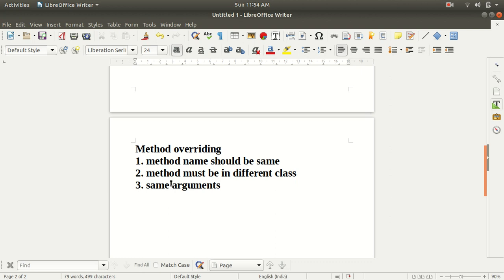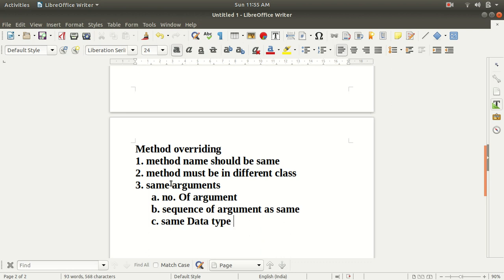And now guys, there are certain rules or conditions to achieve the same arguments. We can achieve any one of these conditions. The conditions for the same argument are: we can keep the number of arguments the same, or we can keep the sequence of the arguments the same, and the third condition is that we can keep the same data type of arguments.